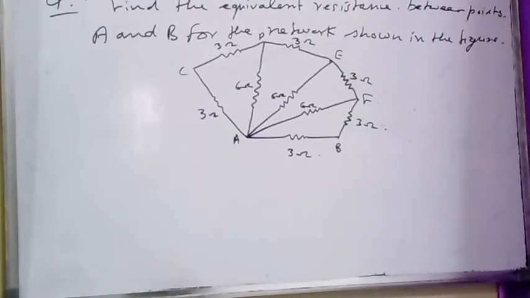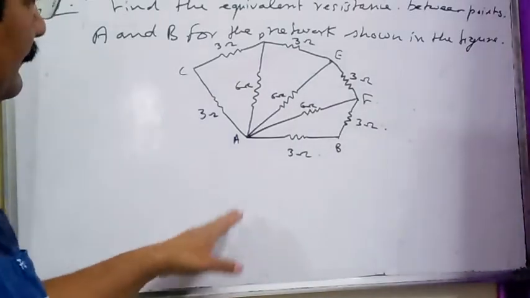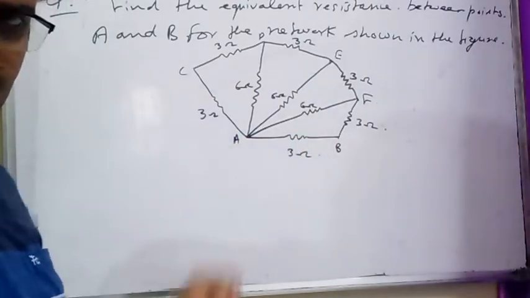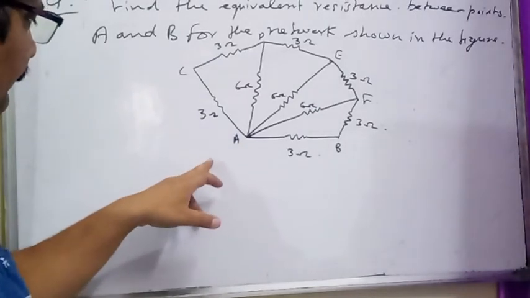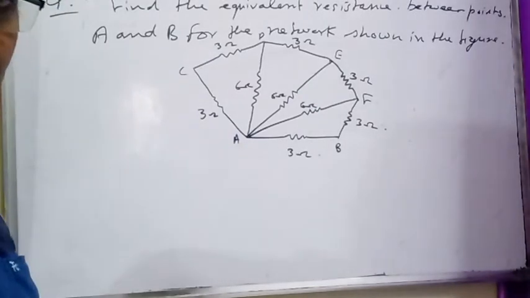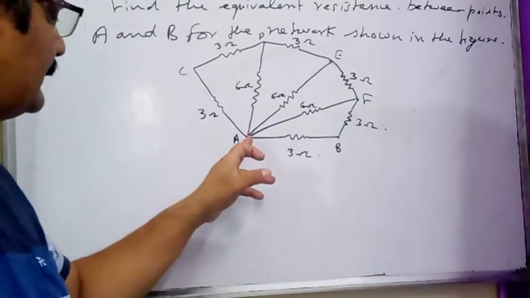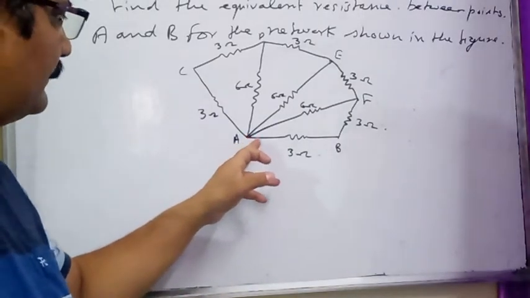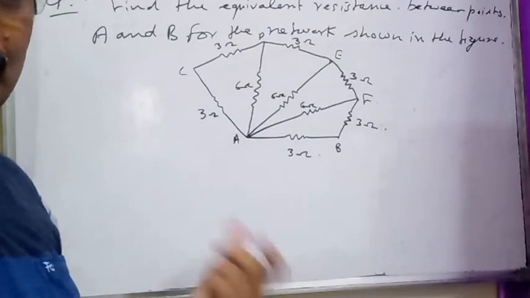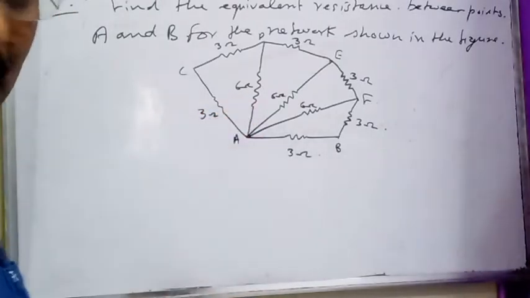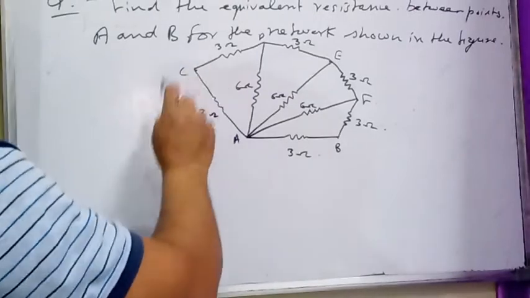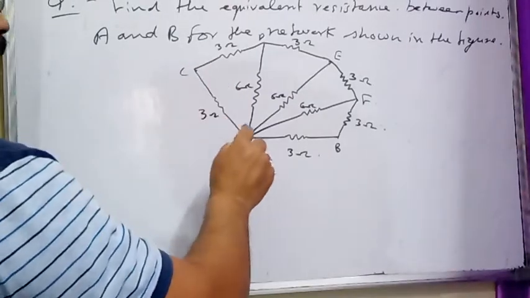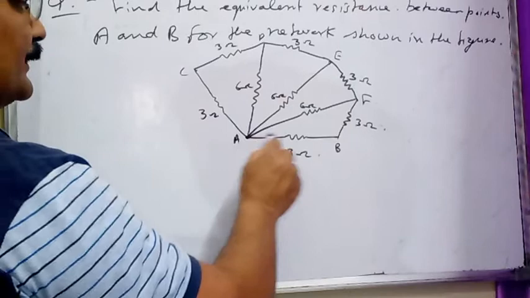You should see how to find the equivalent resistance of a given network of resistors between 2 points. While solving a network problem, to get the equivalent resistance of the network, first of all, we should see what is the point across which the equivalent resistance is to be determined. Then you can start solving from any end of this circuit. Here you can see we have to find the equivalent resistance between points A and B.